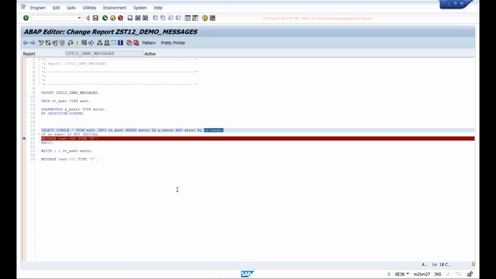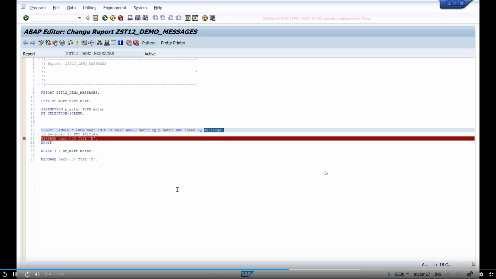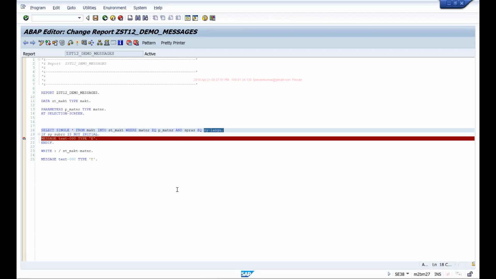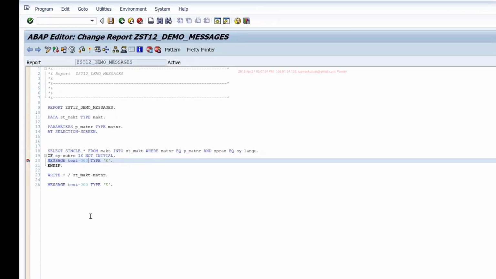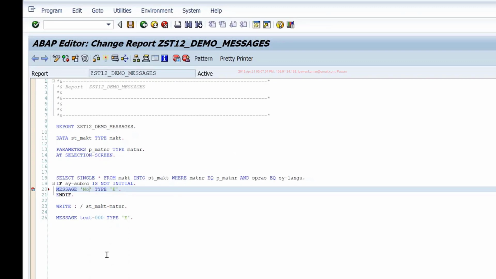If I'm using a text literal, hard coding that message within single quotes, then it will always display that message, whatever you maintain, right? So if I maintain that message in English, then even if the user has logged into the system in German language, it will still show him the English message, because in the text literal I maintain it in English. If I say no material exists, it simply prints whatever I'm maintaining here, irrespective of the logon language of the user. Whereas by using text symbols,